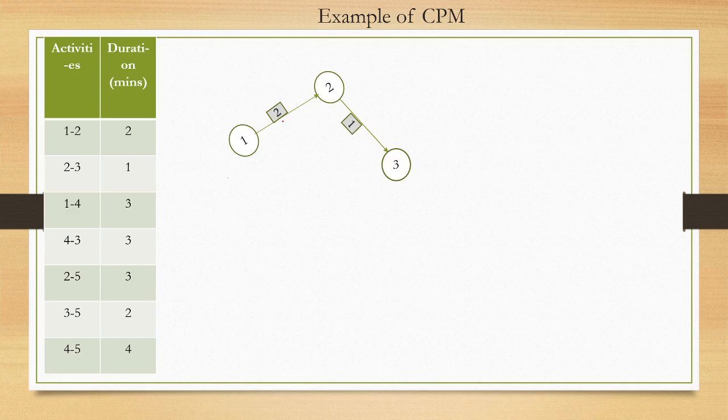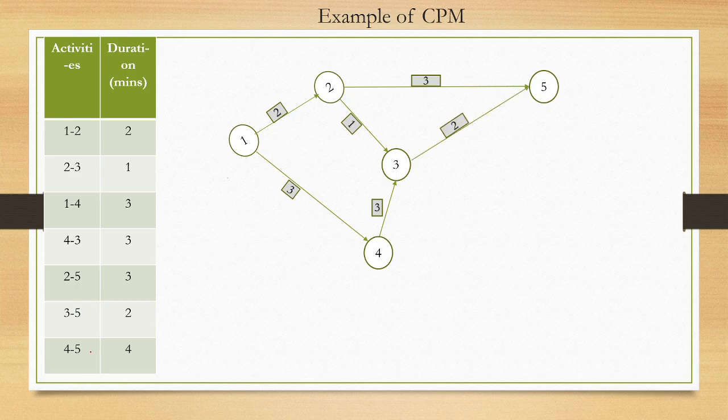This activity will either be given in terms of A, B, C or something like that, or in terms of nodes. Now next is 1 to 4. So this is 1 to 4. Then 4 to 3. Then 2 to 5. Next 3 to 5. And last is 4 to 5. So activities are given in terms of nodes. Here you have to find out what is the critical activity, critical path, and what is the project duration. So same, we will go for E and L values. Okay, so let's fill out here.